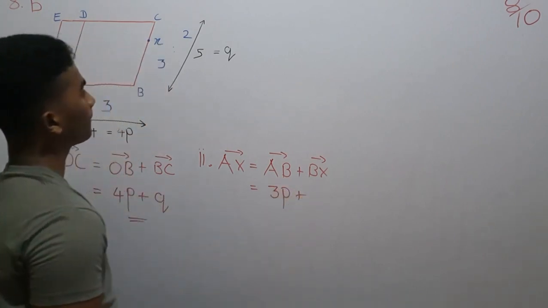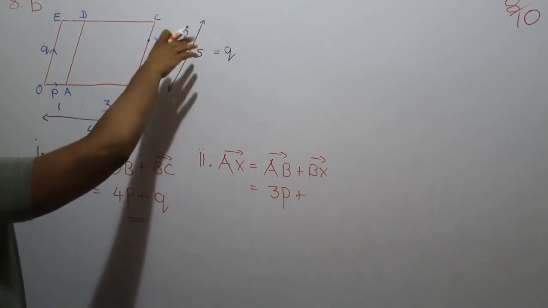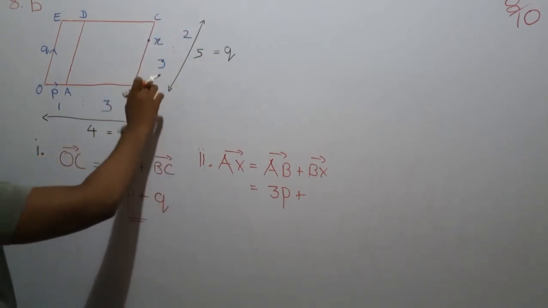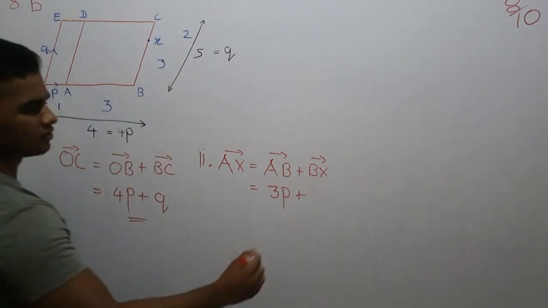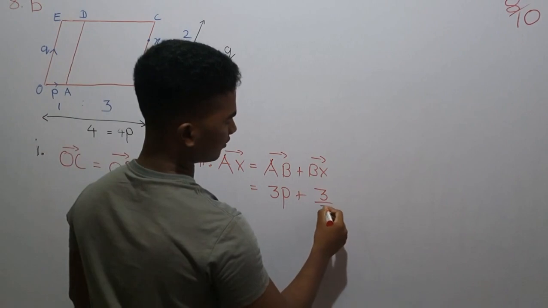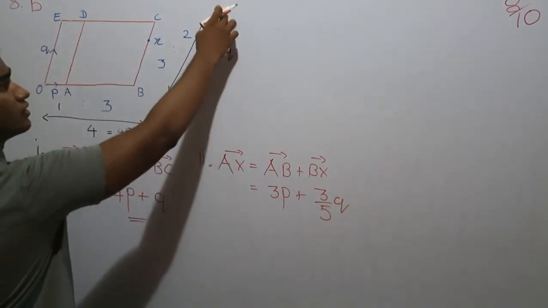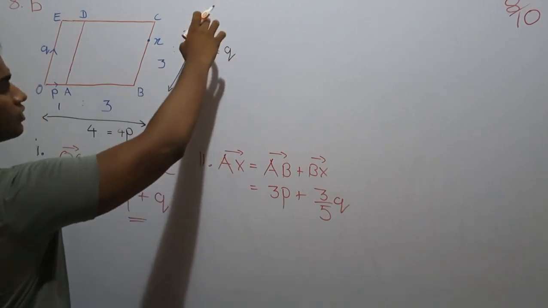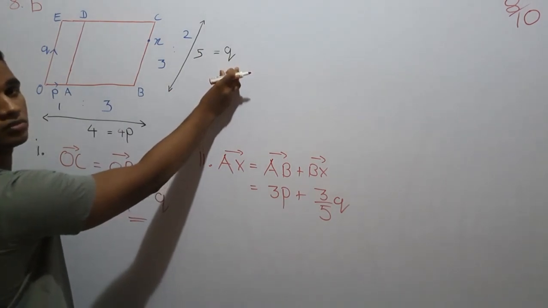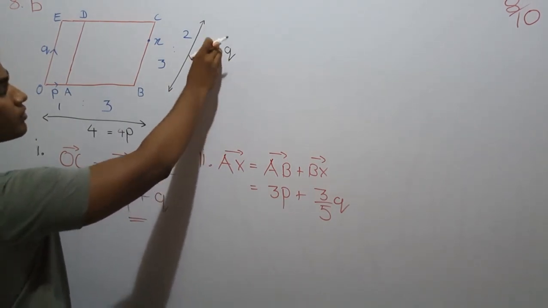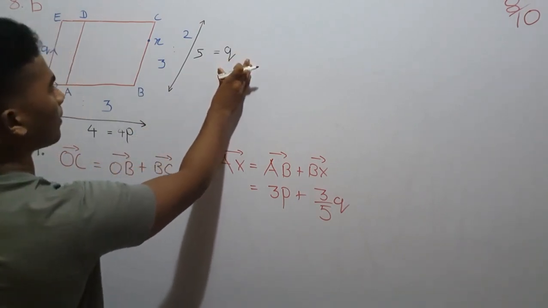Now look carefully. The total is equal to 5. But what we need from B to X is only 3 parts. So 3 divided by 5, Q. The total 5 parts are equal to Q. Now the total is equal to 5Q. So 3 parts,